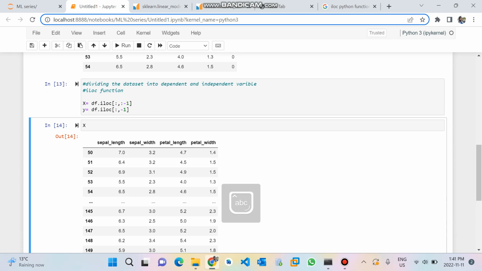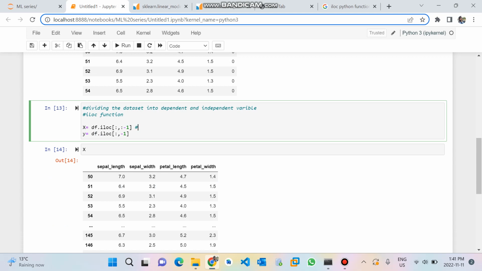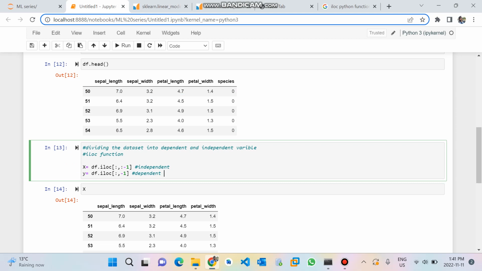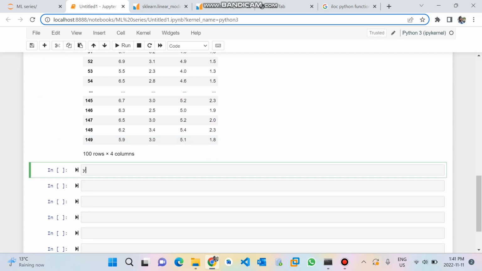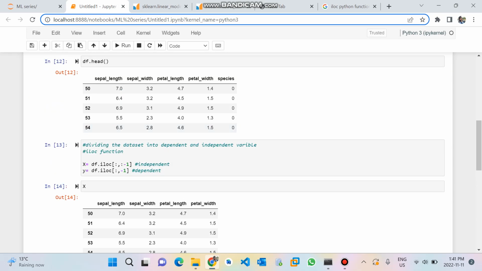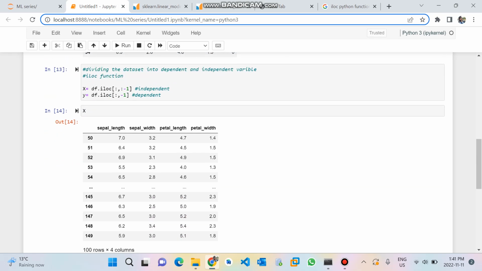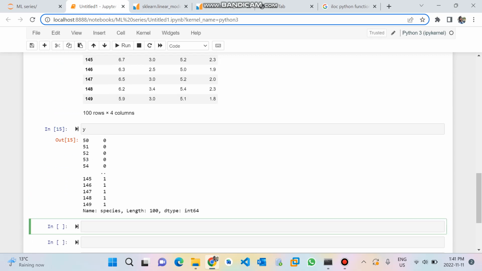Now I'm printing x. Yeah, so these are our independent variables. Okay, so these are all our independent variables, and in x I defined it using the iloc function, so I'm getting only these. Now just print the y. Okay, so for the y we are getting our dependent variable, zeros and ones. Okay, now what we do is our